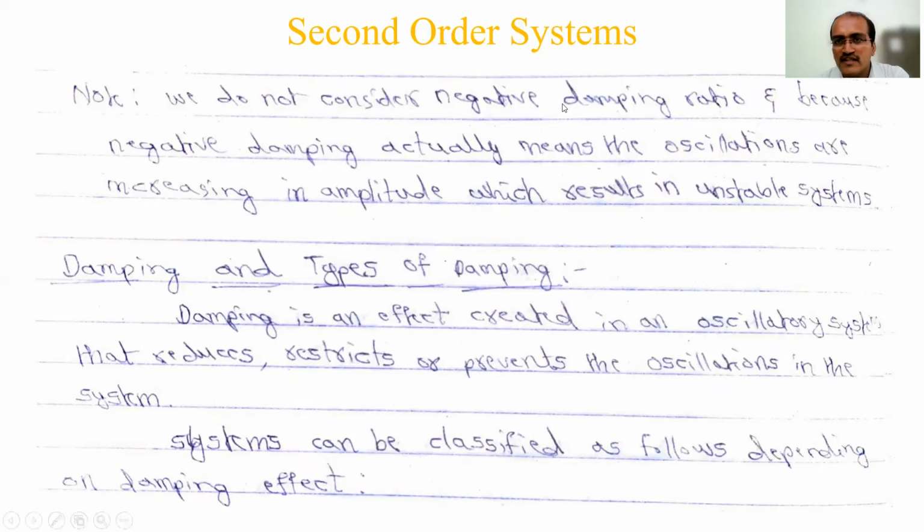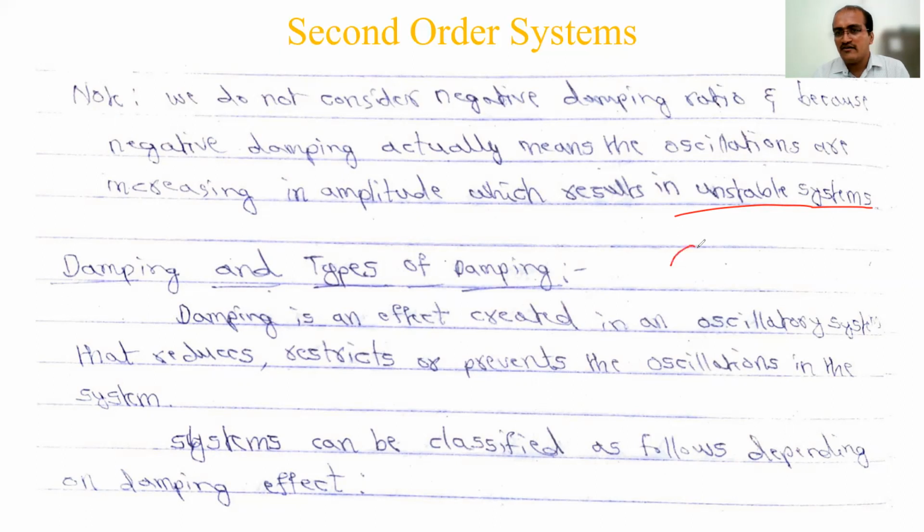We do not consider a negative damping ratio for zeta here. This is one observation you can see. The zeta value should be considered from 0 to 1, positive value. Why is it not considered negative? Because we are considering that the control system should be of stable type. First you have to design a control system, second it should be stable. When we take a negative zeta value, the oscillations increase in amplitude, which results in an unstable system. When I apply a positive value, that is damping, and because of that the oscillations decrease.